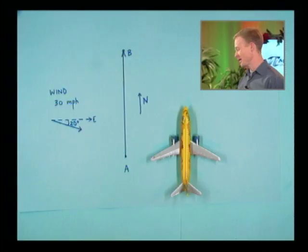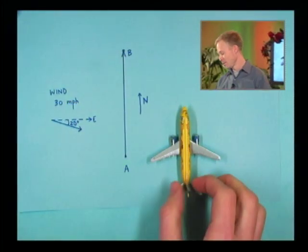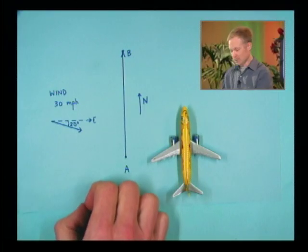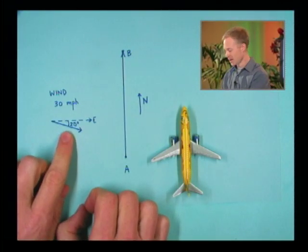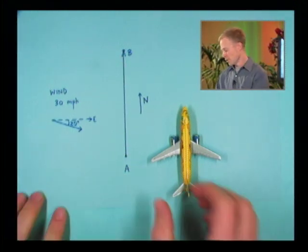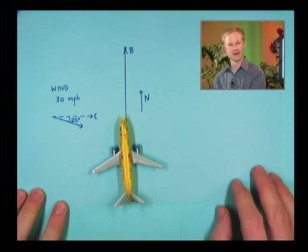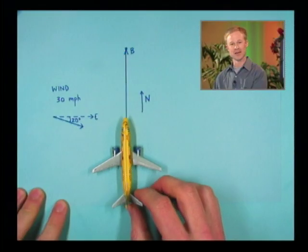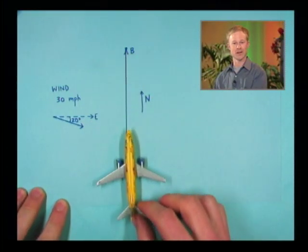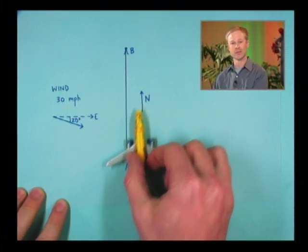In fact, I've drawn a very simple scenario on my math cam here where we're going to fly a plane. I have my plane on there, and we want to fly from A to B. It's due north. I'm making this up, but let's suppose we have a 30-mile-an-hour wind, pointing 20 degrees south of east. Well, the problem is if you want to take your plane and fly it, and you just aim for point B, what's really going to happen is the wind is going to push you,